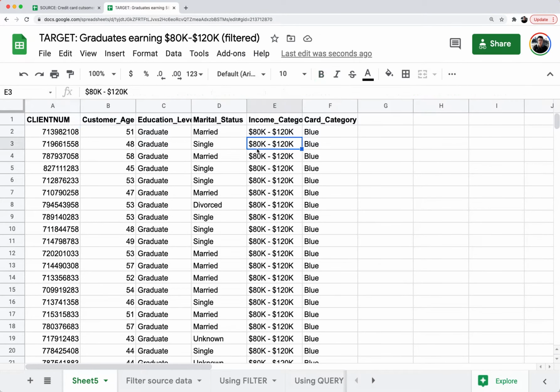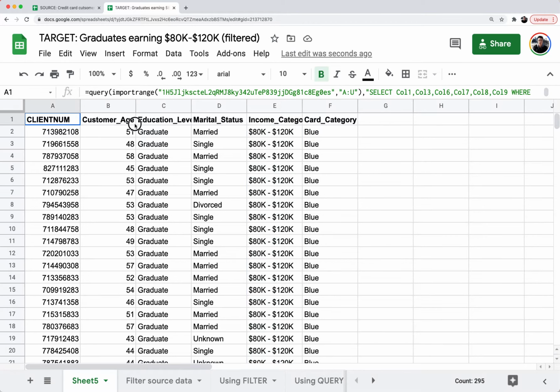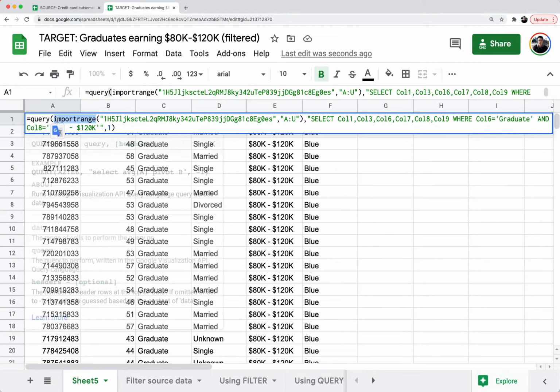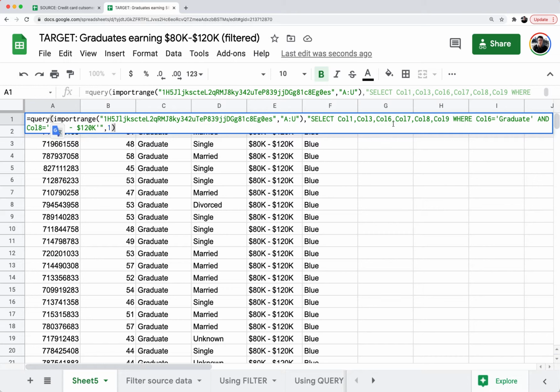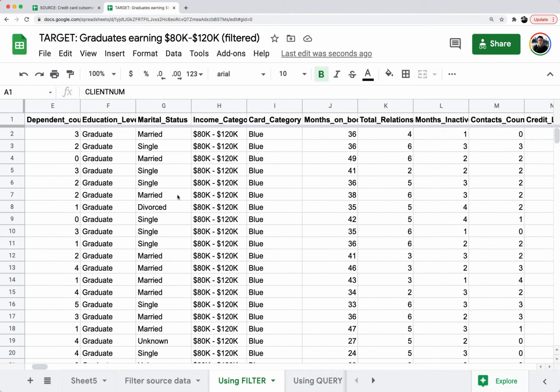But my target sheet only shows the customers with the graduate education level, as well as the income category of 80K to 120K. Now the big difference here, you'll notice, is that I only have 6 columns of data from my source Google Sheet. And that's because with the query function, you can specify which columns you want to pull into your Google Sheet. Whereas with the previous method, the filter method, you have to pull in every single column